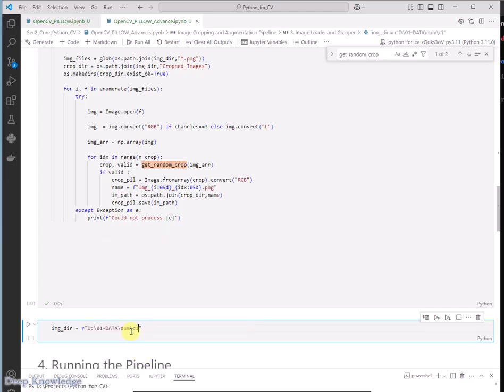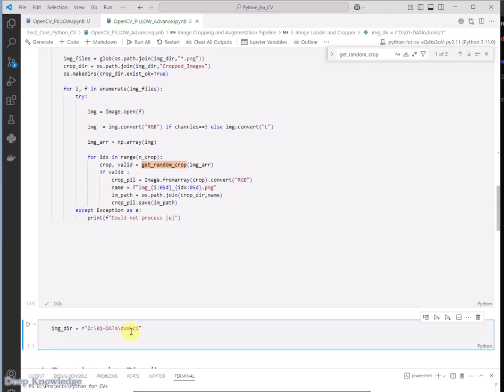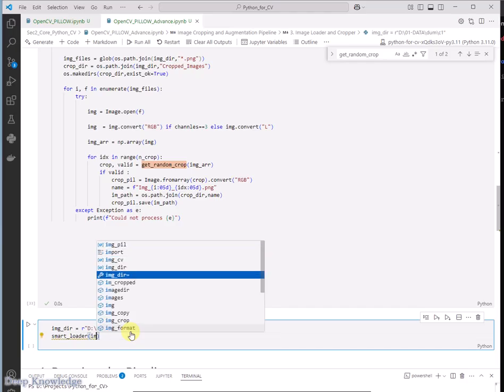There are three methods to define the image directory, already discussed in the previous videos. Now I will call this function smart loader, and it has the image directory,